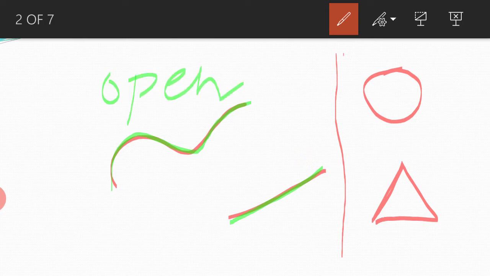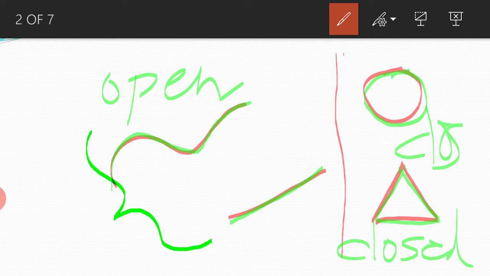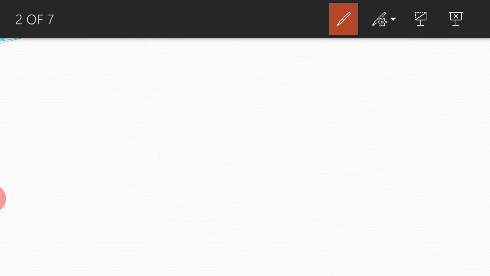On the other hand, if I trace these two curves, what I find? I am reaching the same place from where I have started. That means starting point and end points are same. So such curves are called as closed curve. What do we call them as? Closed curve. So these curves are called as closed curve, and these type of curves are called as open curves. Is it okay? Few more curves I am going to draw.